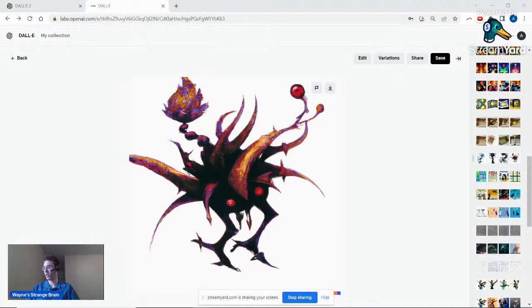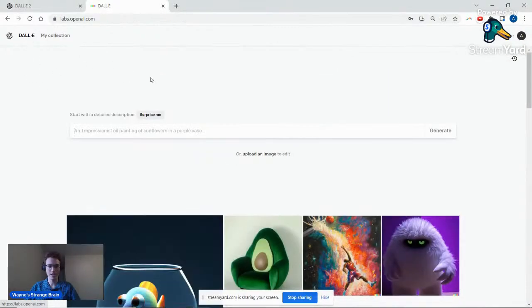I don't know if anybody's actually watching this thing, so I'm just going to use it as an excuse to show off OpenAI Dolly and how pretty freaking sweet it is. So I'm just going to go to the front page, I'll explain it a little bit, and then I'm going to show off some of the things I've made. And if anyone is here, then ask me to make stuff and I'll make stuff. All right, here we go.